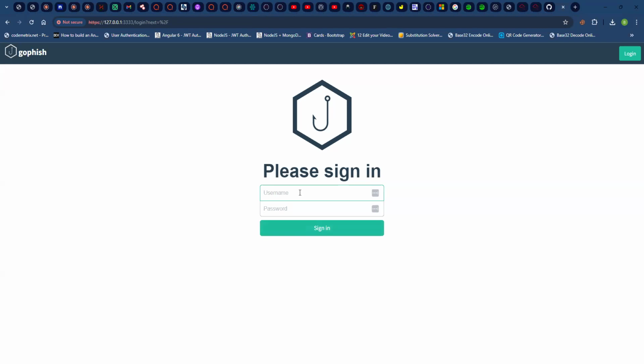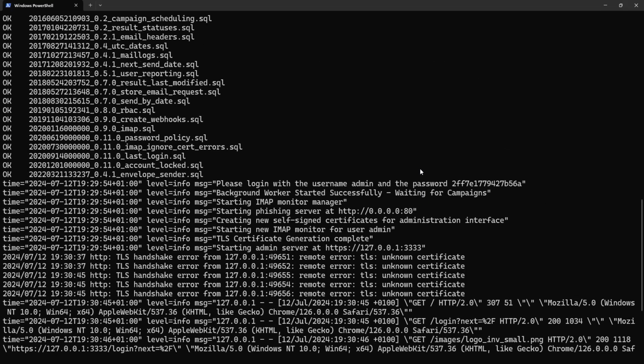So you need credentials to sign in here. And the way to get that credential is if we go back to the terminal we started GoFish from. If you look up here, it says, please log in with the username admin and the password. So we have this auto-generated password for us.